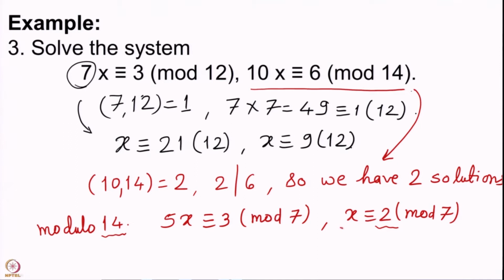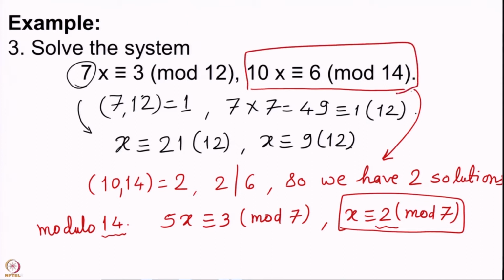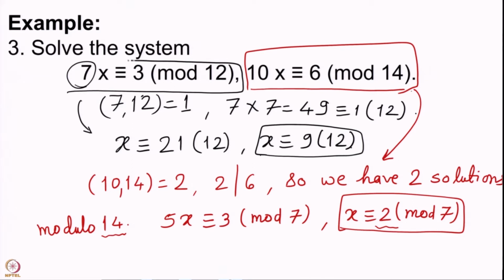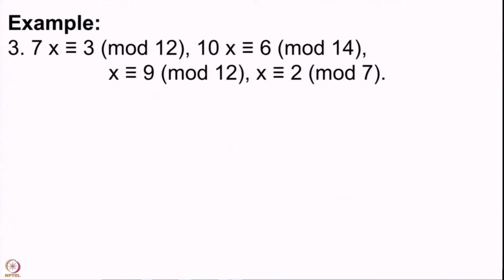So, this is the linear congruence which is equivalent to the linear congruence which we have here. So, the two linear congruences that we should now solve are x congruent to 9 mod 12 and x congruent to 2 mod 7. These are the things which we should solve. Indeed, that is what we have here in the next slide. We should solve 9 modulo 12 and 2 modulo 7, and this actually is